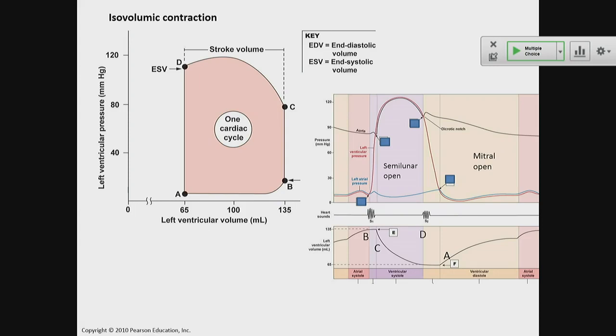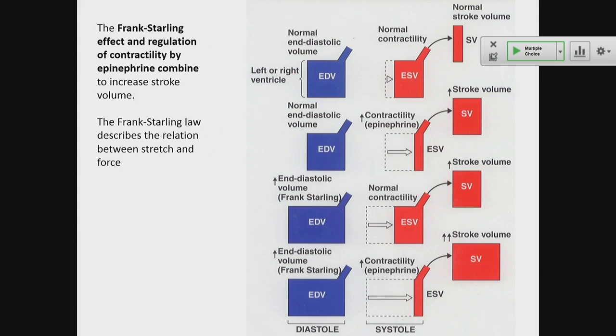So, stroke volume. Now let me get back to a picture that I skipped before. Stroke volume is not constant, okay? Of course, when you exercise, you pump more blood through your circulation. That means stroke volume needs to go up, okay? So that's an active process, but there's also a passive part of that, okay?